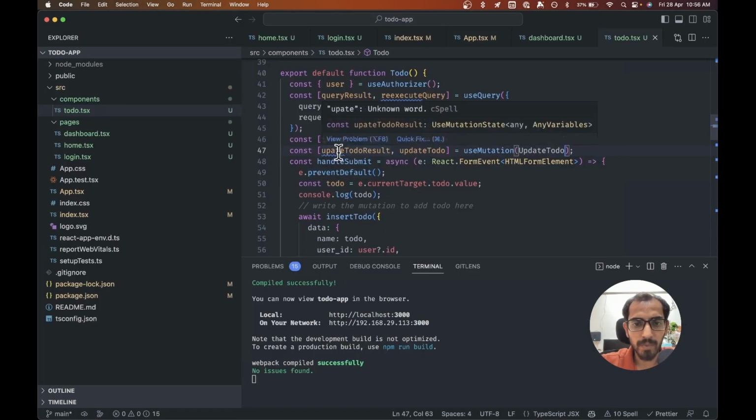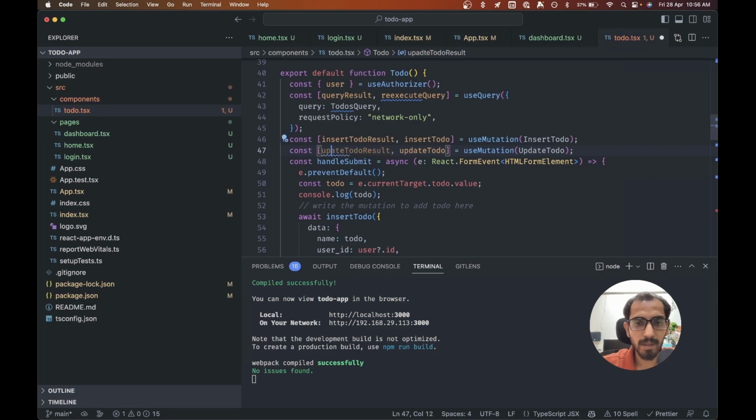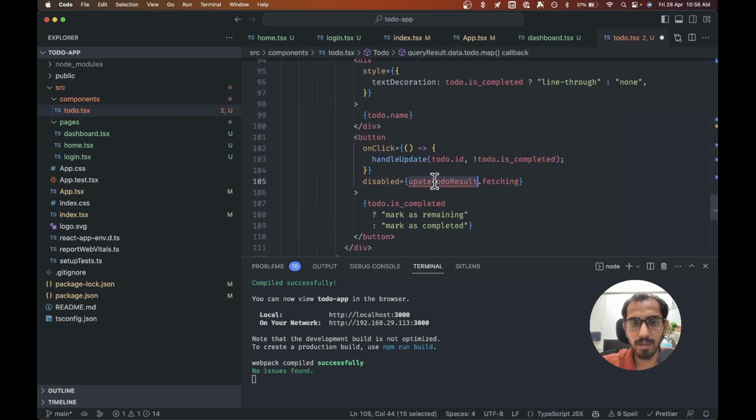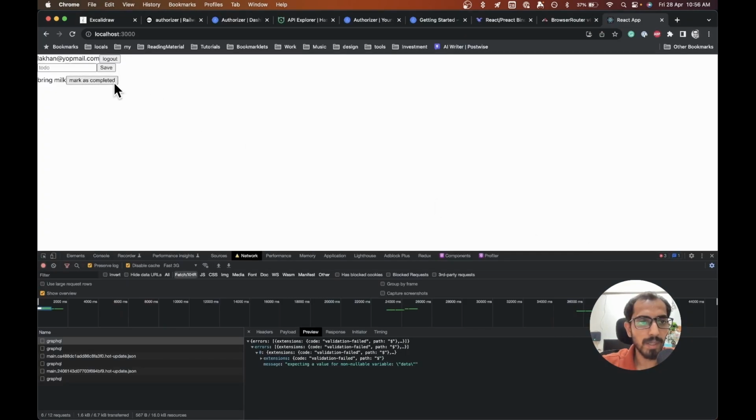And we have a typo, so updateTodoResult. All right, so now let's try to mark this as completed, and as you can see, this has been marked as completed. You can also mark this as remaining,